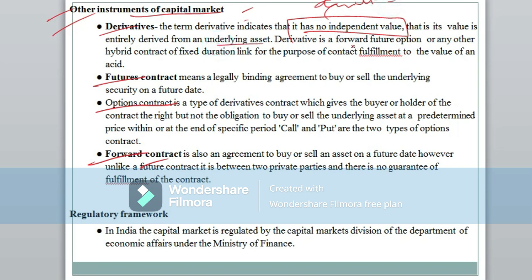And a derivative is a forward, future, option or any other hybrid contract of fixed duration linked to the purpose of contract fulfillment. And there comes the future contract, which means a legally binding agreement to buy or sell an underlying security on